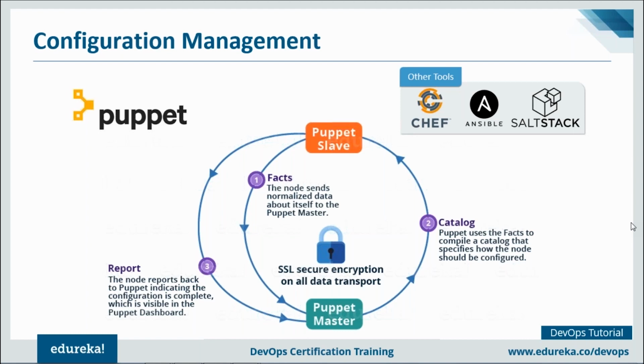Let's talk about pull configuration now. In pull configuration, the nodes will actually poll the central server for configurations at regular intervals. It can be a Puppet slave, it can be a Puppet master, it can be a Chef server. So the nodes will poll the central server for configurations, and it will pull any change that has happened in the configuration. So I hope you have understood it. Just give me a confirmation, Shubham, so that I can move forward. All right, he says yes, all clear. Fine, guys. So I can see there are no more questions.